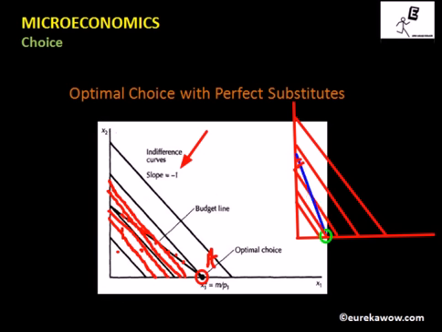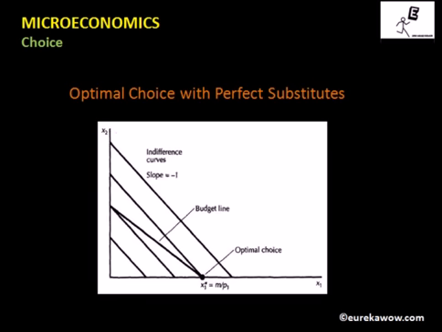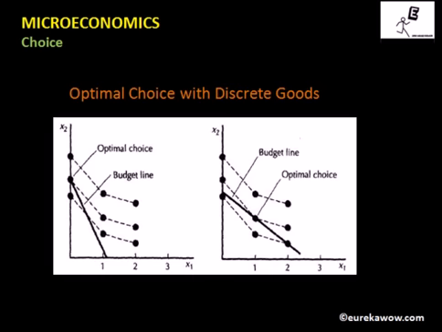So what is the point of optimality in this case? The point of optimality in this case is going to be this, where the consumer is consuming 0 units of good 1 and spending the entire income on consuming good 2, because it will be lying on the highest indifference curve, and that bundle is going to give the consumer the highest utility in comparison to the other bundles which are affordable by the consumer. Now we are going to look into another case, which is of discrete goods.